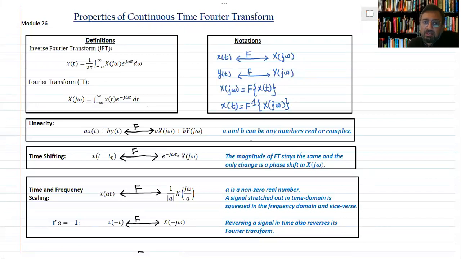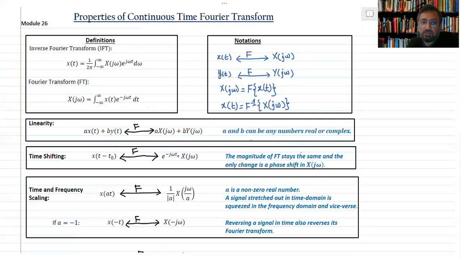is x(t). We discuss the properties because they provide us a lot of useful insights into the time and frequency domain representations of the signals, and knowing these properties also helps us in evaluating the Fourier and inverse Fourier transforms. The first property that we discuss is the linearity, and linearity is the simplest and most often invoked property